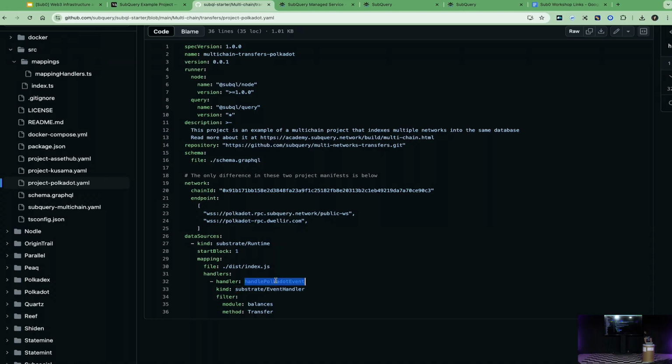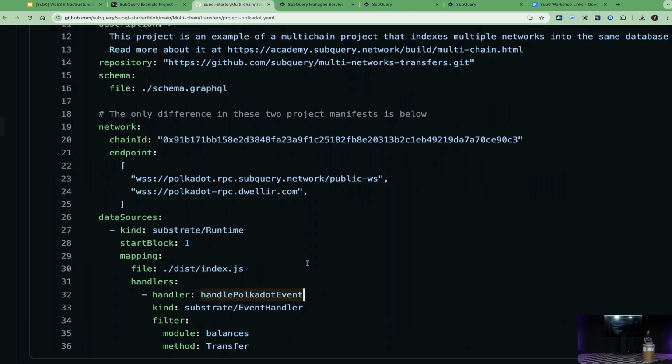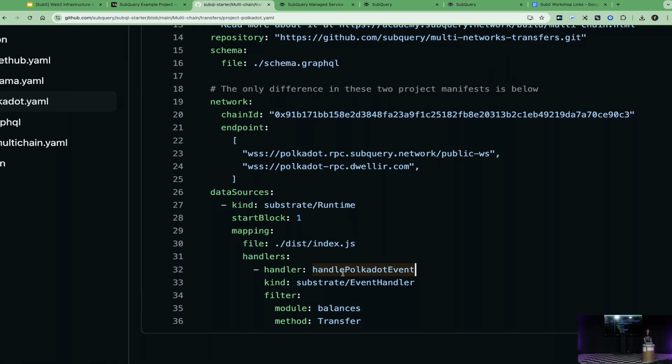Isn't it too small? Maybe a little bit. So this one. You will find a corresponding function to this handler in the last file I want to show you, the mappings file, which will be executed when the indexer encounters data on the chain that meets this filter, right? So it will then execute exactly the same function in the mappings file.